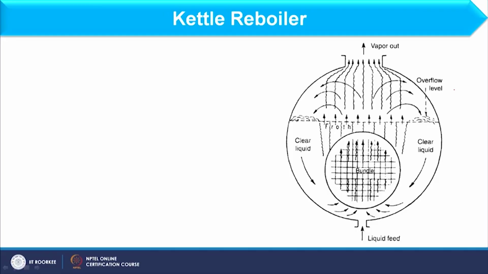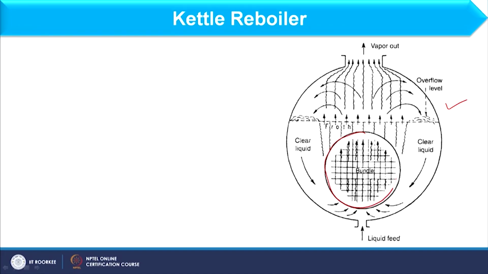Okay. So, what is the limitation of the kettle reboiler? It should use clean fluid, not a fluid with a high fouling tendency. Now, if you see this schematic, this is basically a cross-sectional view of a kettle reboiler, and if you see